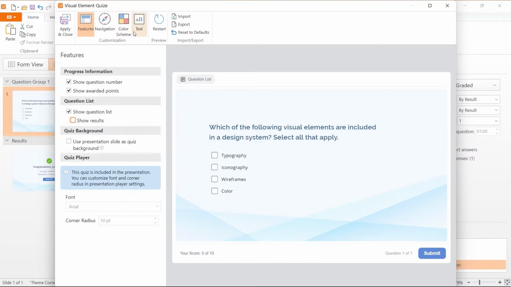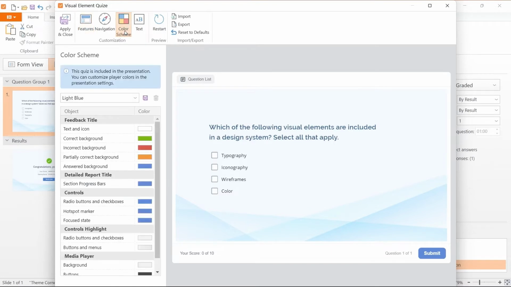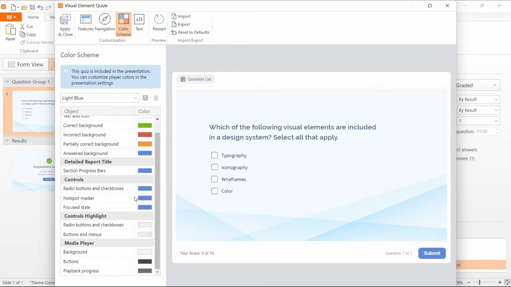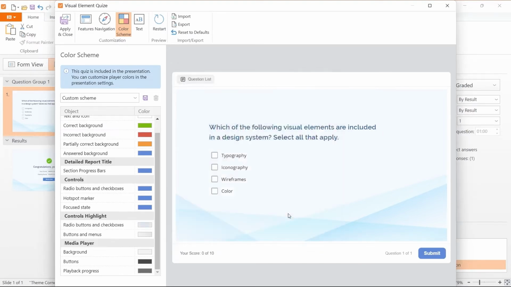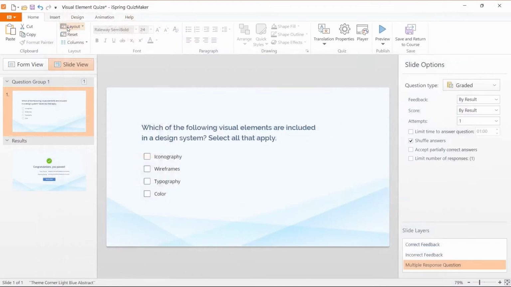For here I want to change the colors. I'm going to click on colors, and on the highlights of every individual checkbox you can see it's a gray highlight. I'm just going to change the highlight to the theme of the quiz, which is blue. So I'm going to click on these radio buttons and checkbox on contrasts and highlights. I'm going to switch it to a blue highlight, and you can see that it has reflected on our designs. So there's a lot more